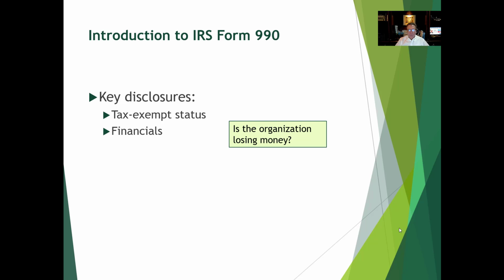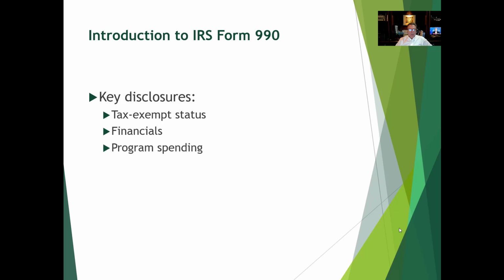You might want to know if the organization is losing money or not. For example, what we experienced at Birmingham Southern College, with a faculty member looking at its Form 990 over 14 years ago and discovering that it was losing a great deal of money. You can also find how they spend their funds.